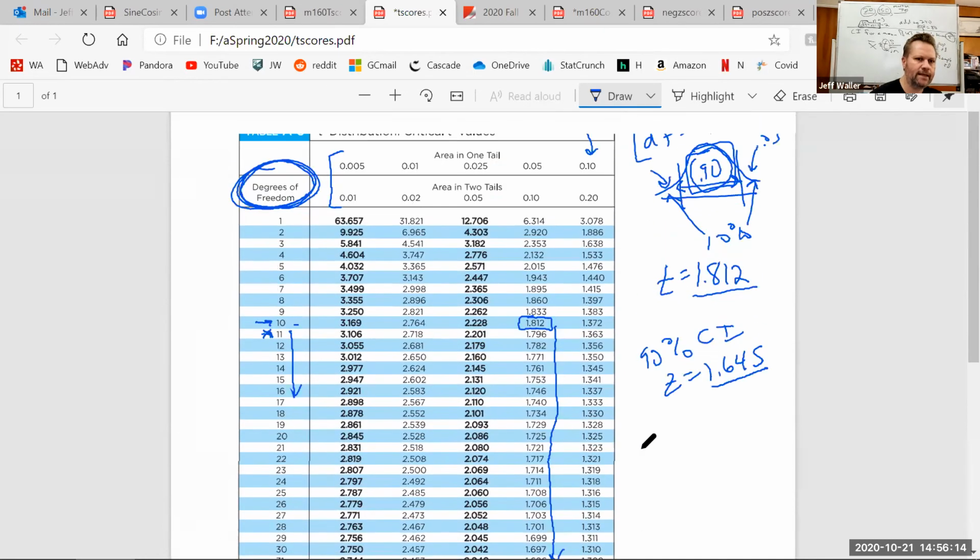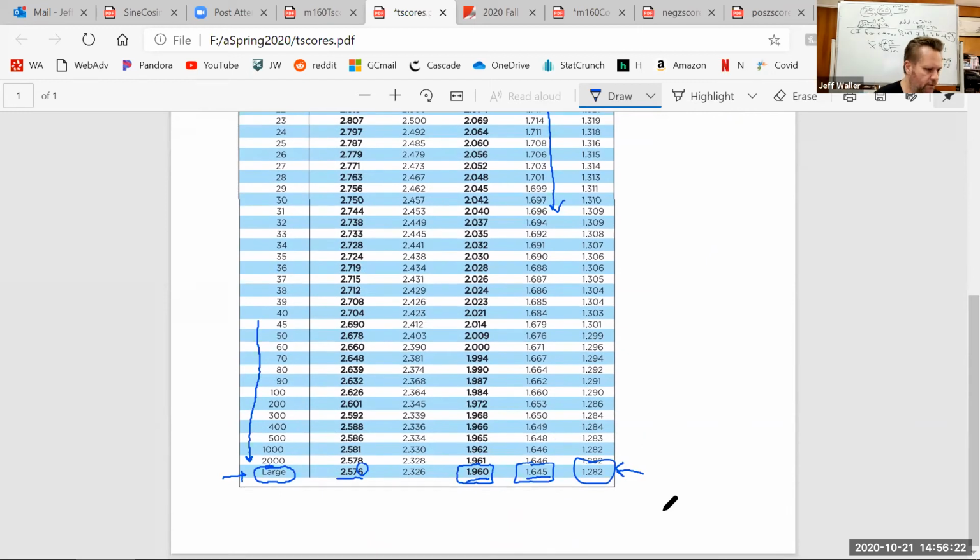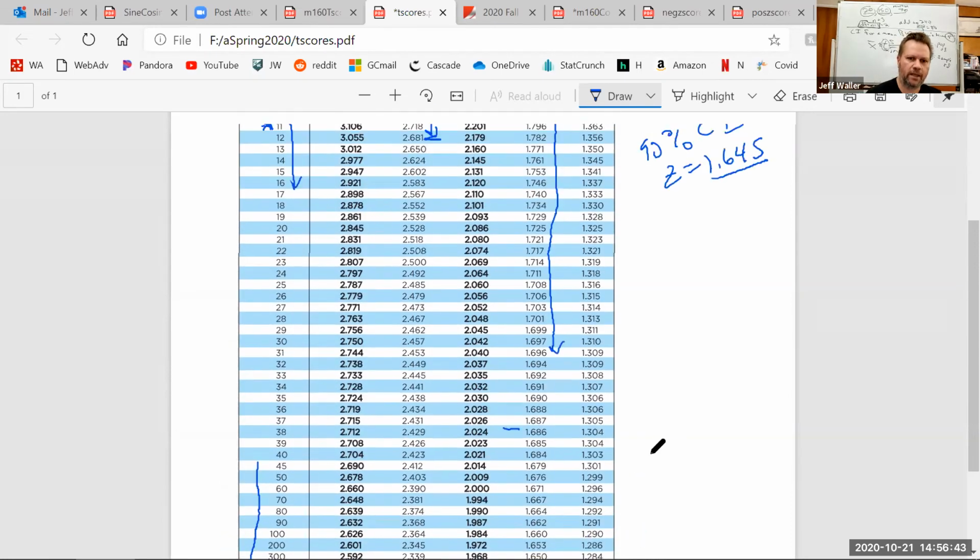So what I like to say is, if you use the t-score chart, if you stop, you get a t-score. If you go all the way to the bottom, you get a z-score. Ain't no party like a z-score party, because the z-score party doesn't stop. So if you stop, you'll get a t-score. If you go all the way to the bottom, you'll get a z-score. That is kind of useful. You don't realize that fully yet. In fact, you probably hate this chart at the moment.